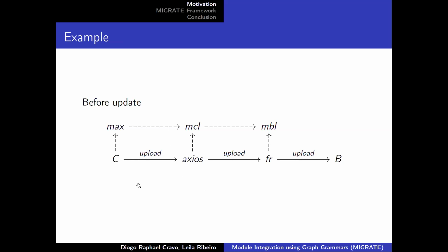So I had a client, let's call it C, which used the Axios library to upload a file to a backend service. Let's call this service B. Now, Axios doesn't carry out the upload on its own. Instead, it uses another library called follow-redirects, represented by FR here. So in summary, my client calls the Axios upload routine, while Axios calls the follow-redirects upload routine, which performs the actual upload. And to my knowledge, in fact, there can be many other layers there of which I'm not aware, right?